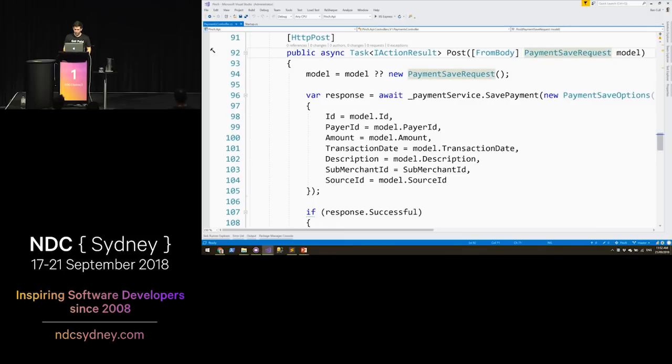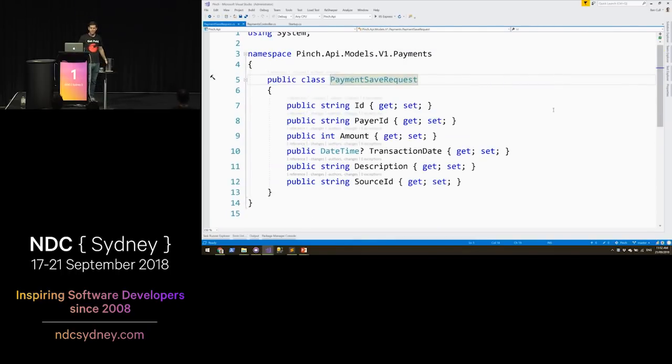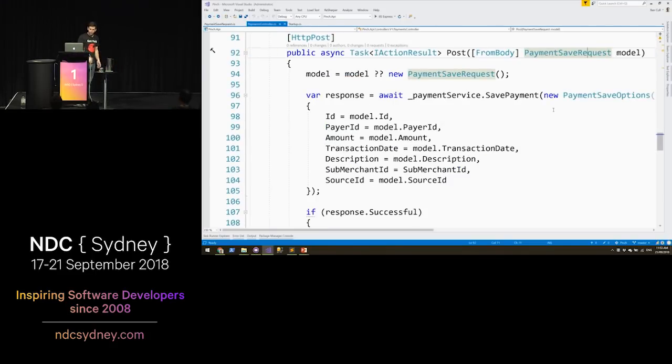But what we have here is the payment save request. And this is a DTO or a class that outlines everything that you're expecting to receive. And similar to Jimmy's thing, this is like that request portion of the architecture. And we can have a look at this one here. And it's full of simple stuff, right? You've got the ID of the payment if you have one. You've got the payer ID, some amounts, some dates, and some other things. OK, very simple. We take that in from the body, and then we pass it immediately off to this line